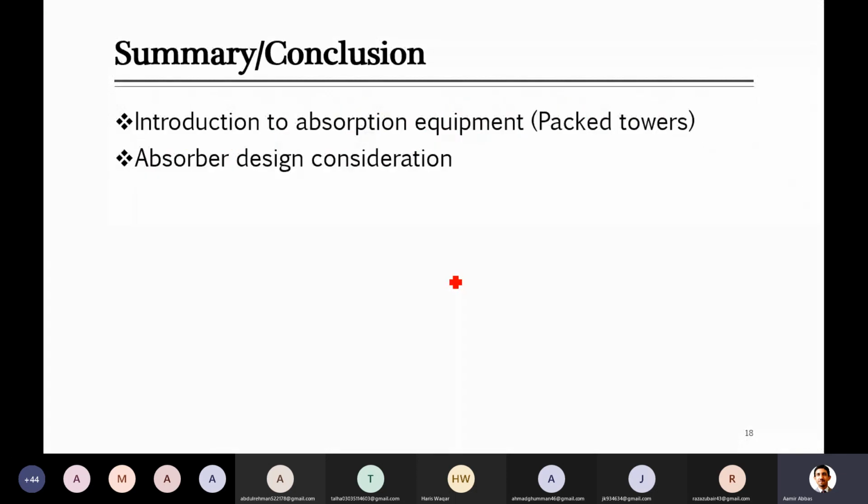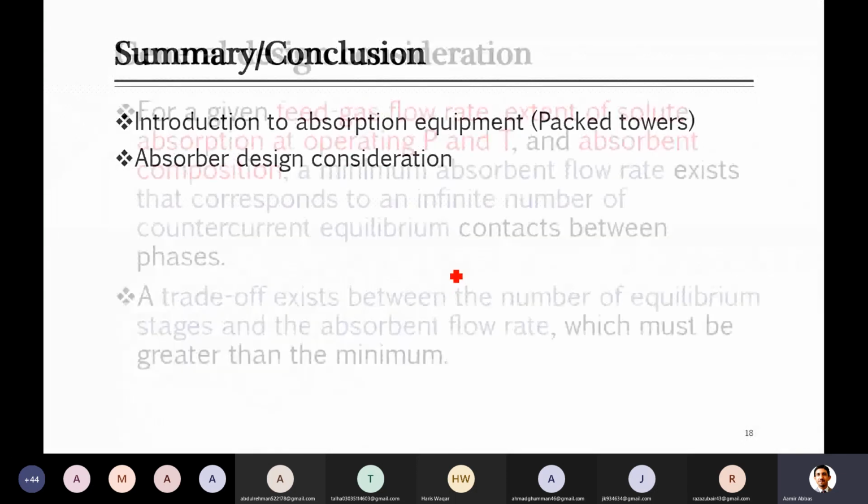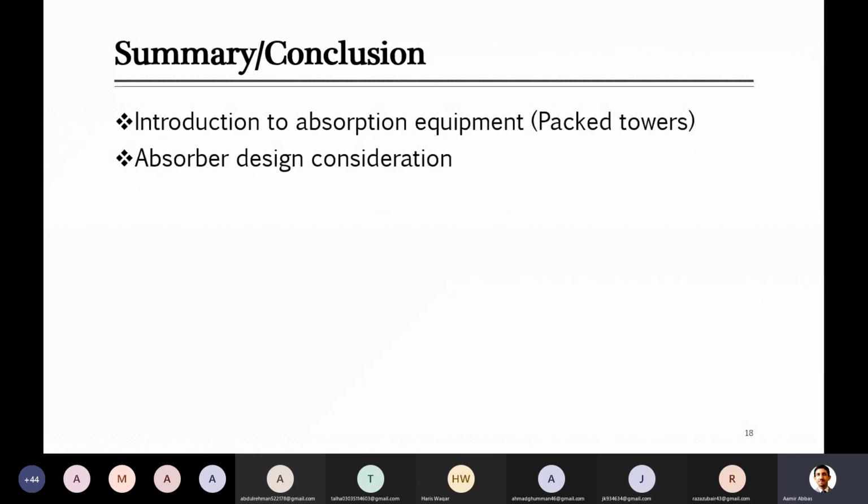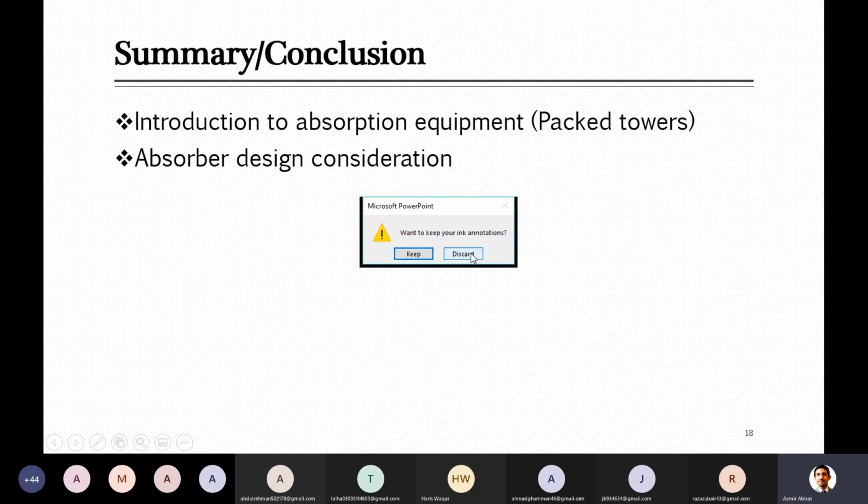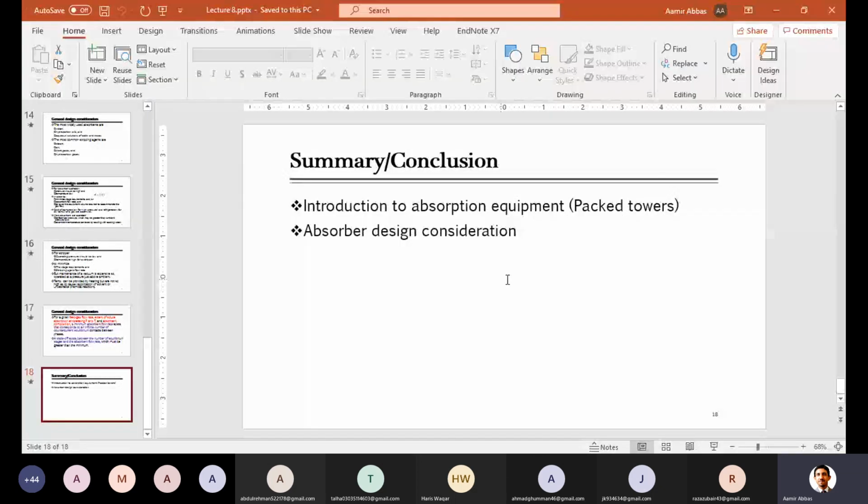So next time we have to start from here, in the next lecture. Generally here we have discussed the design considerations: which conditions are favorable, how they are favorable, how they can be achieved, whether it is easy to achieve those, or whether you can go with the ambient condition. And the major factor that you have to keep in mind while selecting the absorbent solution or the solvent which you are going to use for the absorption. As well, there was a stripping agent which you have to choose. The criteria were discussed, and then some other parameters related to the design.